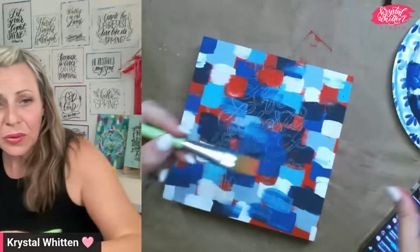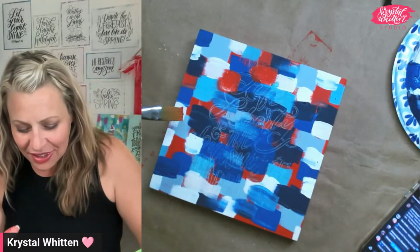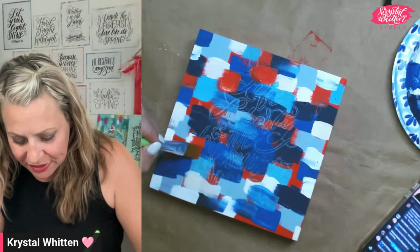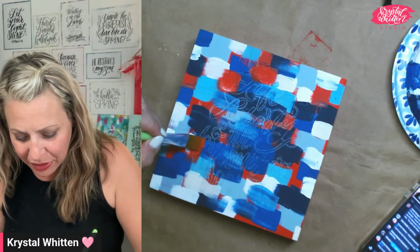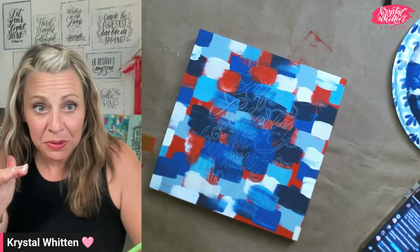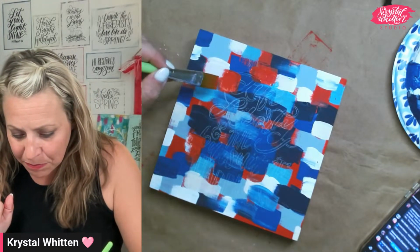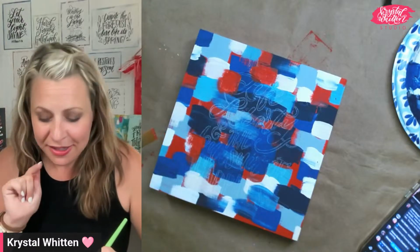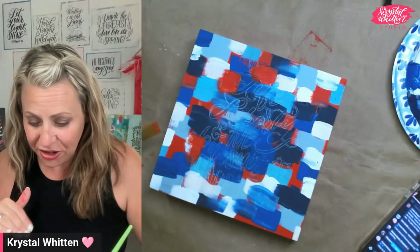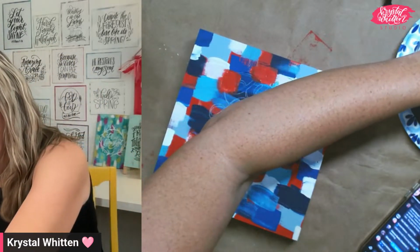So do you remember earlier when I said that this project is incredibly forgivable? If you make a mistake, it is pretty simple to fix. Now, the main problem that you may run into would be not being able to see your guidelines to trace. But what I'm seeing that you may not be able to see in the camera is that the white lines of the lettering are still shining through. So that gives me hope